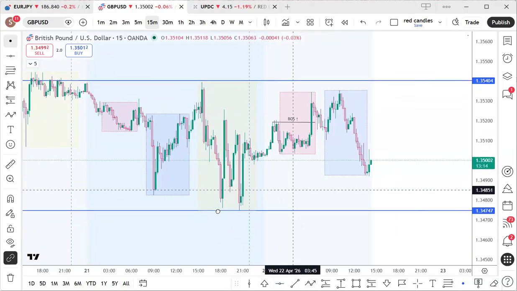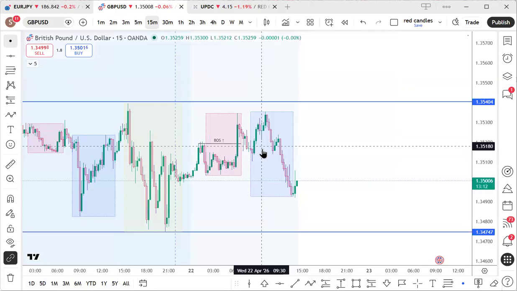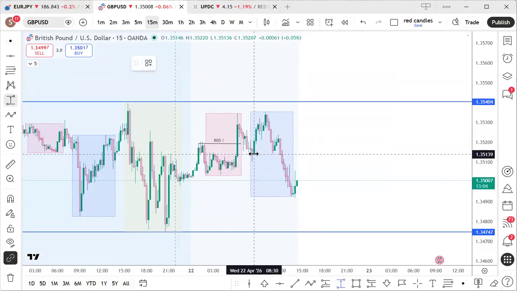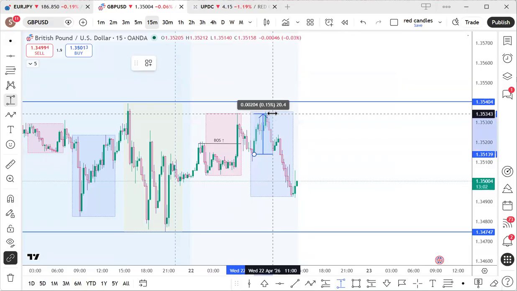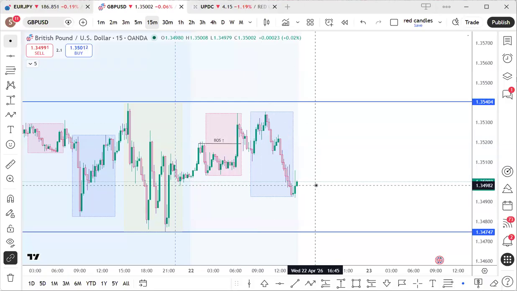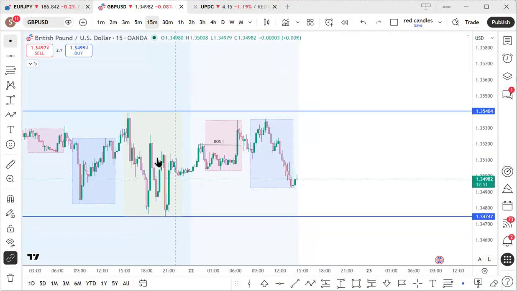It does not mean that you cannot take some quick scalp trades. For instance, you can trade on this pullback and get like 20 pips or thereabout. But you have to be willing to take those small wins. Overall, this is just moving sideways. It's not yet sure which way it wants to go.